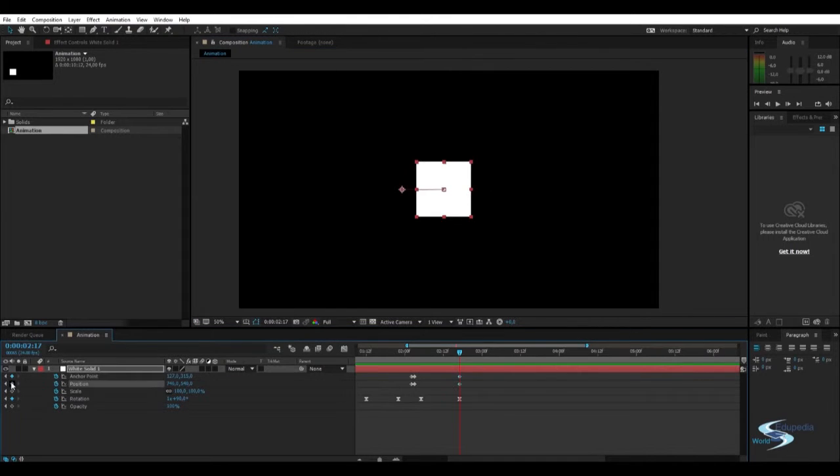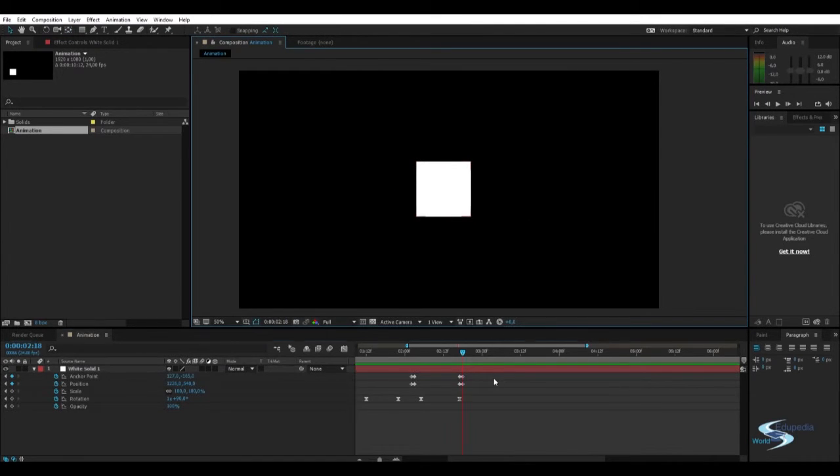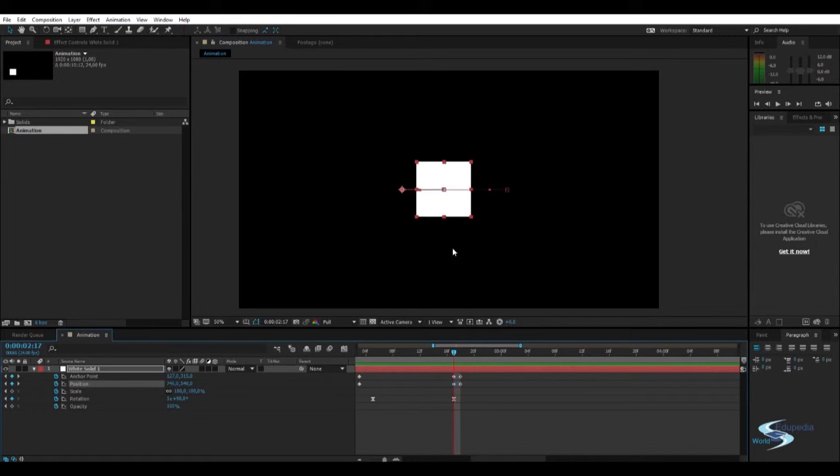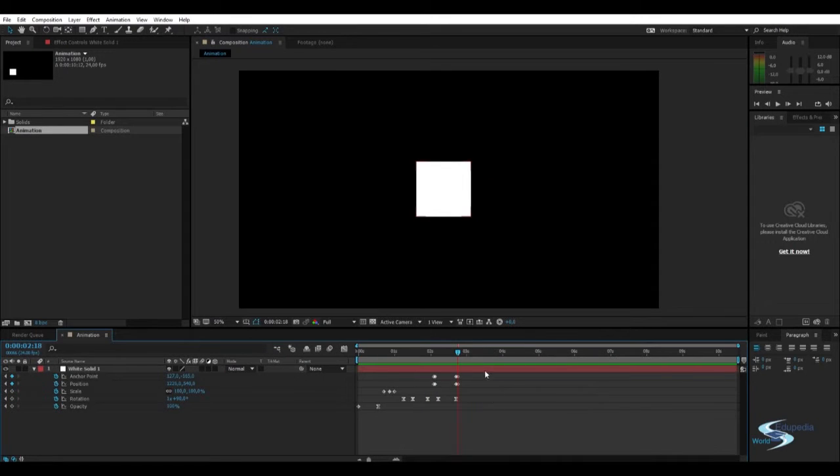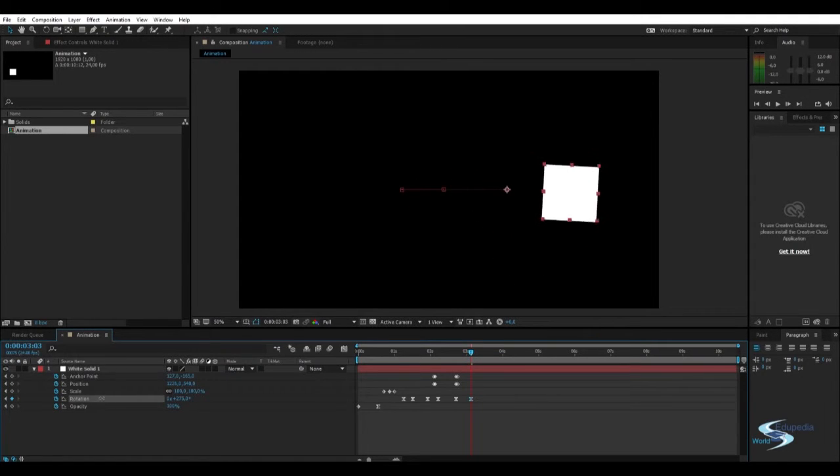So let's repeat the anchor point position keyframes, and then go to the next frame by doing Control and then using the arrow keys to the right, and then we can actually move this keyframe. What we have done is that you can see we move the anchor point to the other side, and now we can change the rotation again, but around a